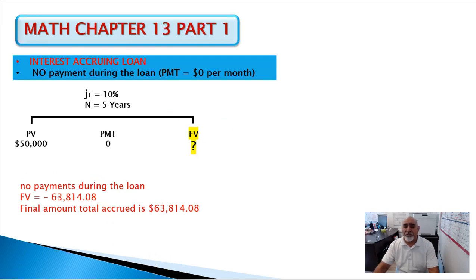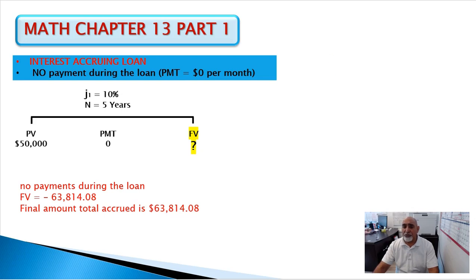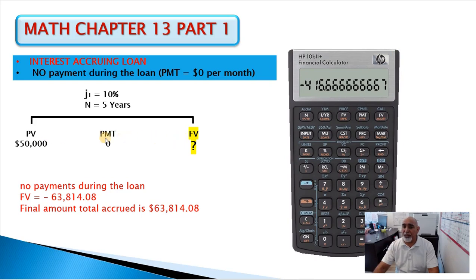Another type of loan is called interest accruing loan. Different from interest only. Interest accruing is where we make no payments, 0 payments, meaning we owe them interest every month, but we're not paying them. It's not illegal. There are lenders who will give you interest accruing loans. Construction loans many times are interest accruing loans, meaning you get this loan and you build the house and then you sell it and then you give them their money back. So it's not illegal. It's just a different